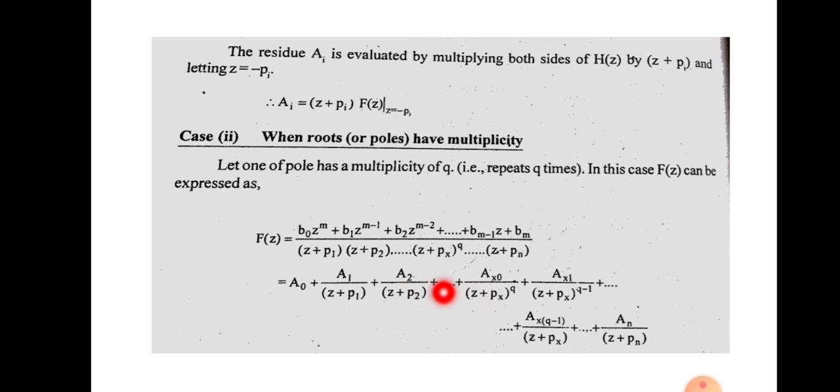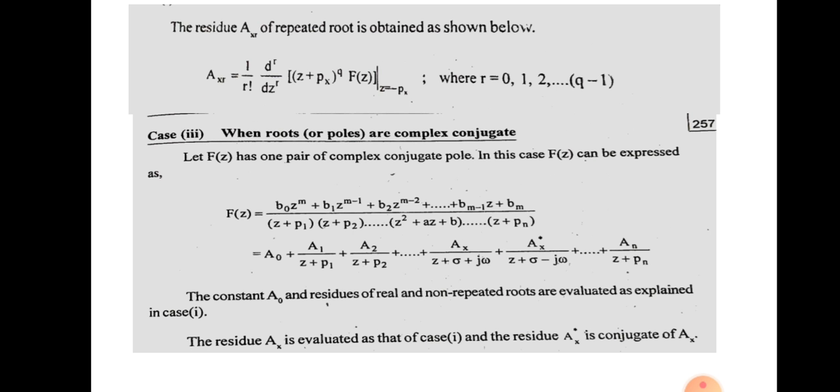Suppose any of the poles is repeated multiple times, that means (z + p_x) raised to q is there, that means the p_x root is repeating. In that case, how can we find this coefficient, that is A_x? It can be found in this way: 1 by r factorial into d^r by dz^r of (z + p_x)^q into F(z), where z equals